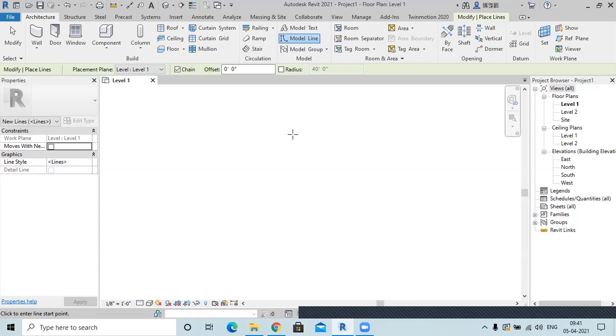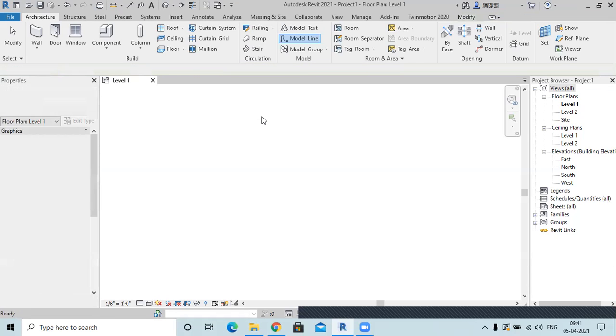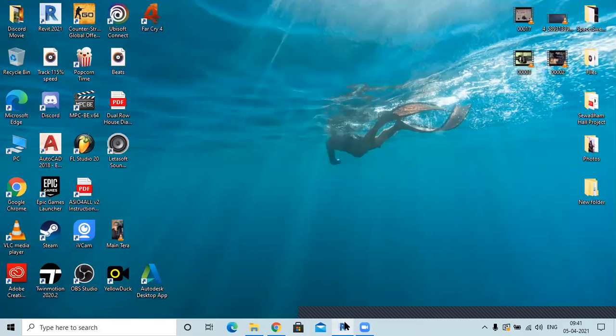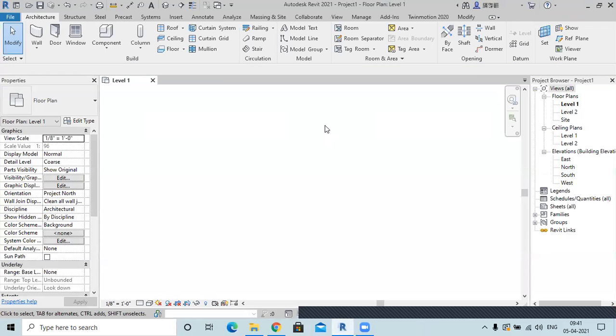So now if anyone has any doubt till now, you can ask me. These are the basics of Revit, which I have told you, the basic things which you think are very familiar with AutoCAD, I guess. In AutoCAD nowadays you can also create 3D things. And on the right side, you have this project browser. Okay. So it will show you different levels on which you are working, ceilings, elevations, which you will get to know when we will be working on the project,